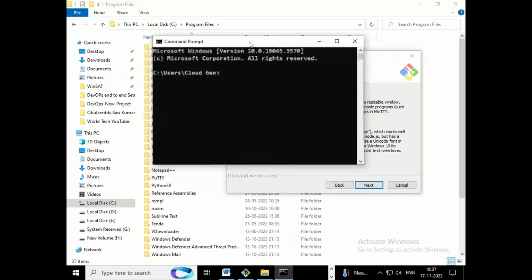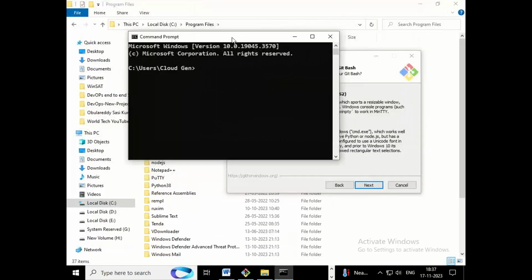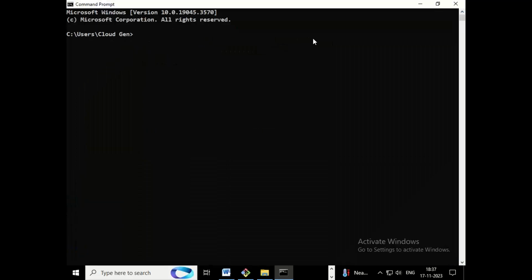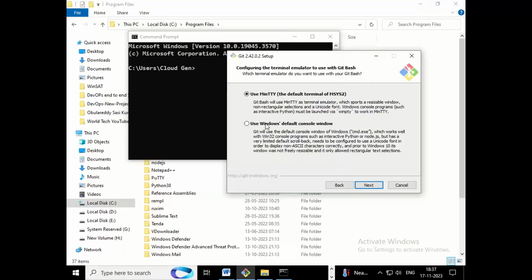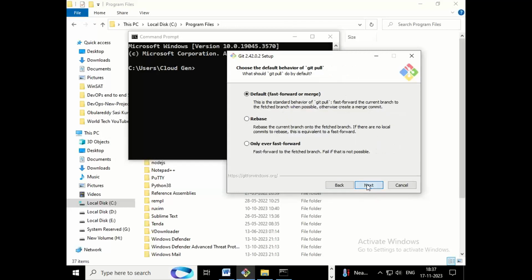We will get this one, the minimal window. We will get that, guys. So we need to maximize it like this. Okay, so Git is providing one minimal window terminal. Just click on next. Okay, next you can see that Git pull